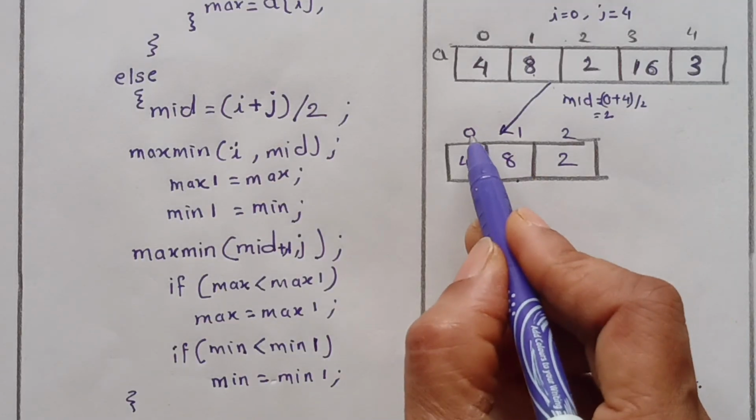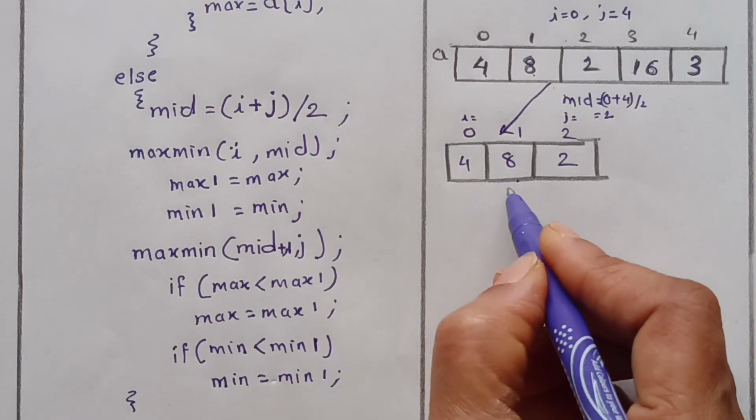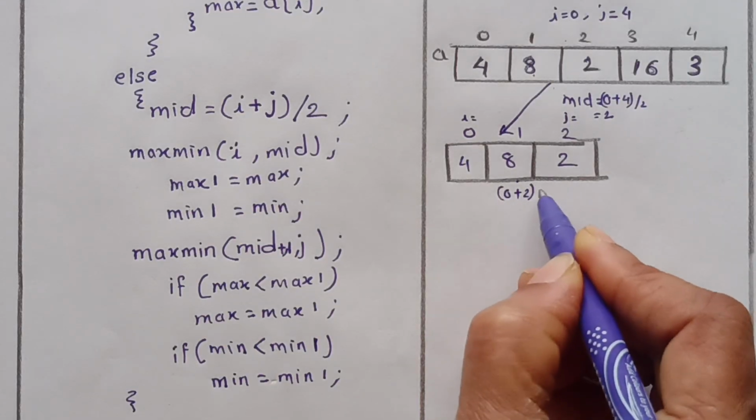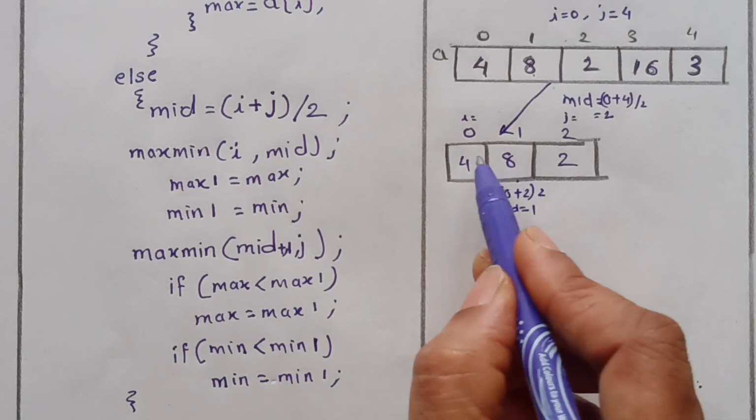So here what will I be? i will be 0 and j will be 2. Okay, so (0 plus 2) divided by 2 is mid, you will get here 1. Okay, so 0 and 1,